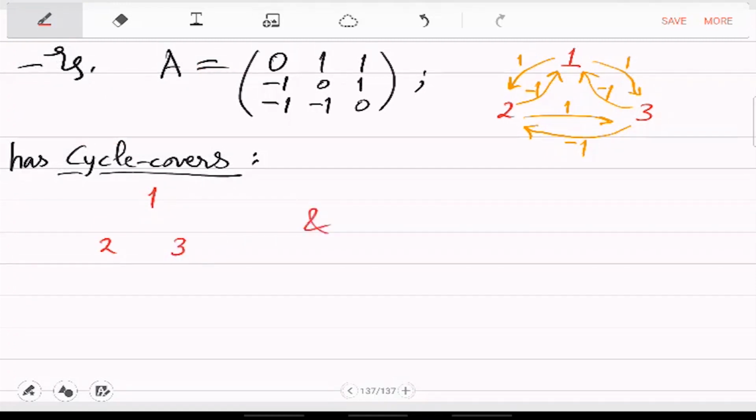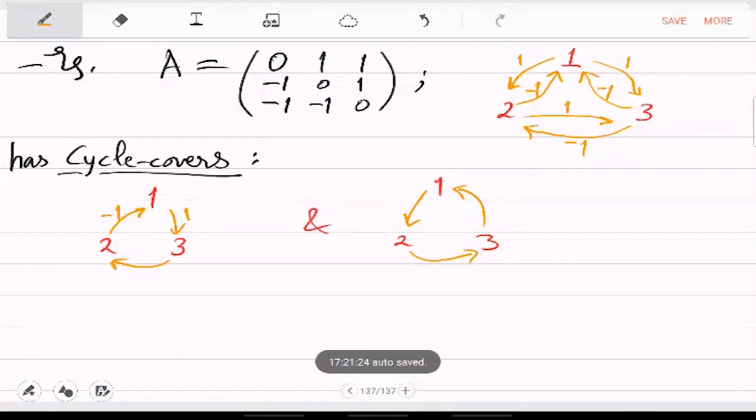Let's write the first one: 2 to 1 is -1, 1 to 3 is 1, 3 to 2 is -1. The other has 1 to 2 is 1, 2 to 3, and 3 to 1. This is clear. And so the weight of this cycle cover is 1,